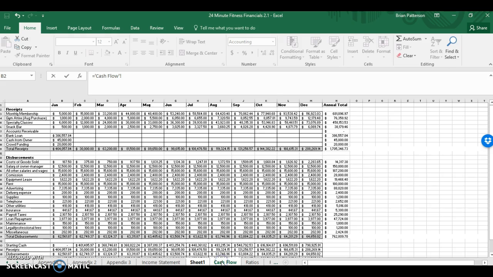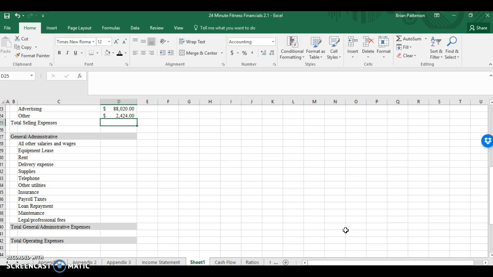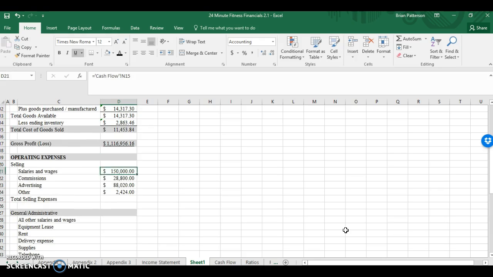Oops, sorry. I'm going to go to enter. So my total selling expenses are going to be all these things added up. I simply hit the auto sum button twice,